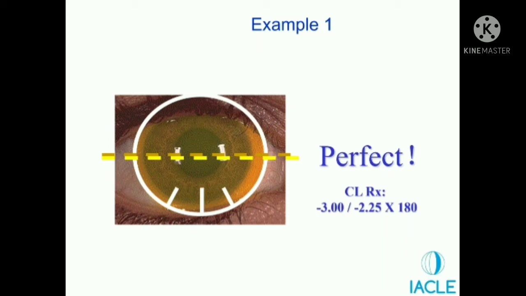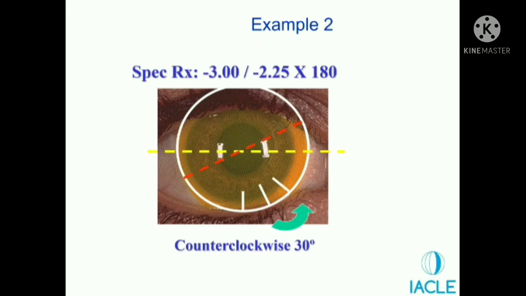But sometimes, 5 to 10% of the time, it will not fit exactly like this. There will be some mislocation. Then you have to apply the LARS rule, and we'll take examples now. If you look at this image, the lens is rotating to the right side, or counterclockwise or anti-clockwise. By how much? Again by 30 degree, because the entire line is shifting. So 30 degree rotation. If you remember, we said for anti-clockwise or right-hand, we use the LARS or CAS rule.